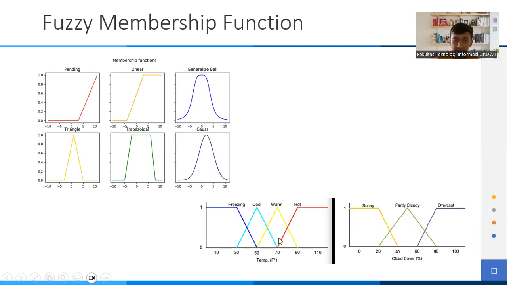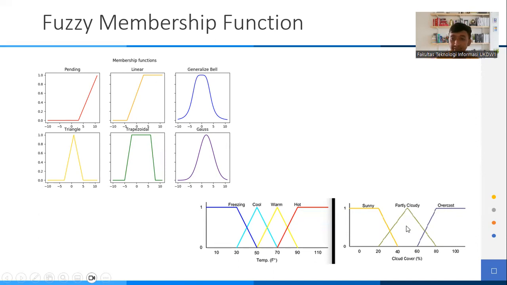And for hot, the temperature starts from 70 degrees Fahrenheit until 110 degrees Fahrenheit. The same goes for cloud cover, which has 3 values: sunny, partly cloudy, and overcast. The category for sunny is cloud cover from 0% until 40%.